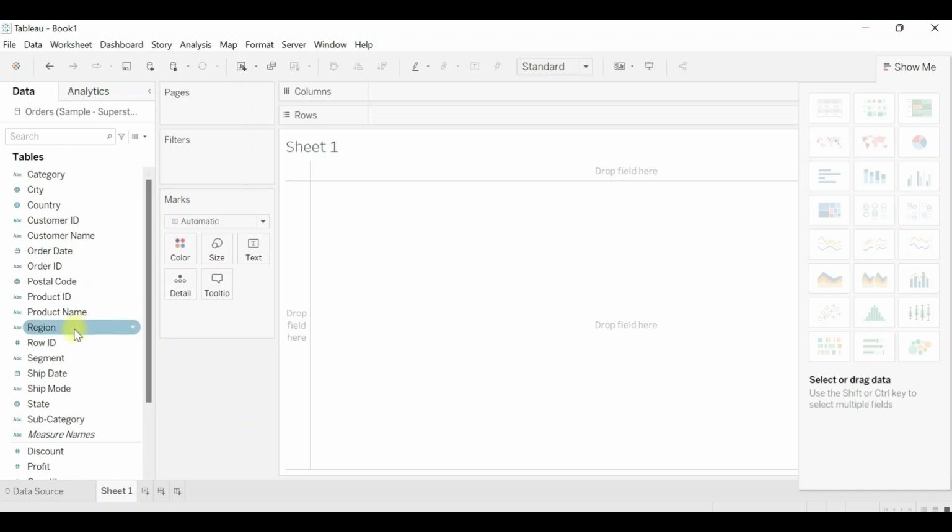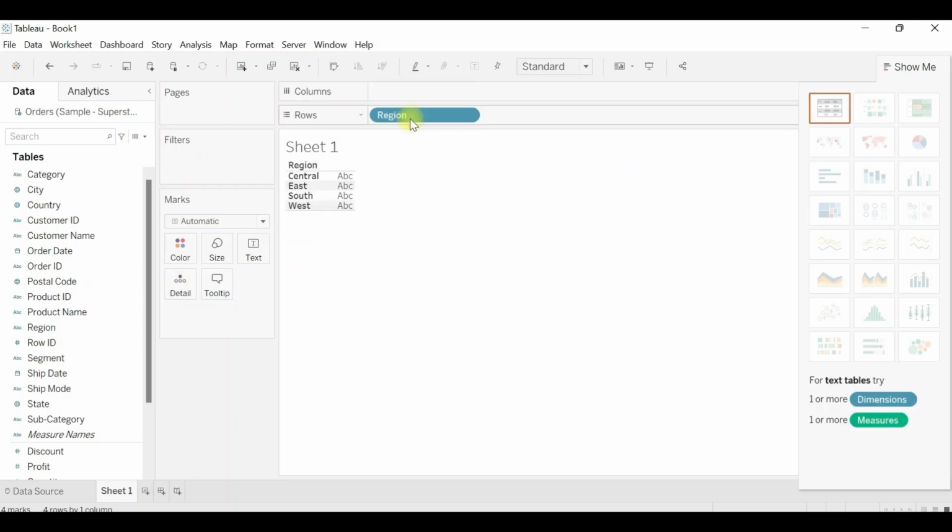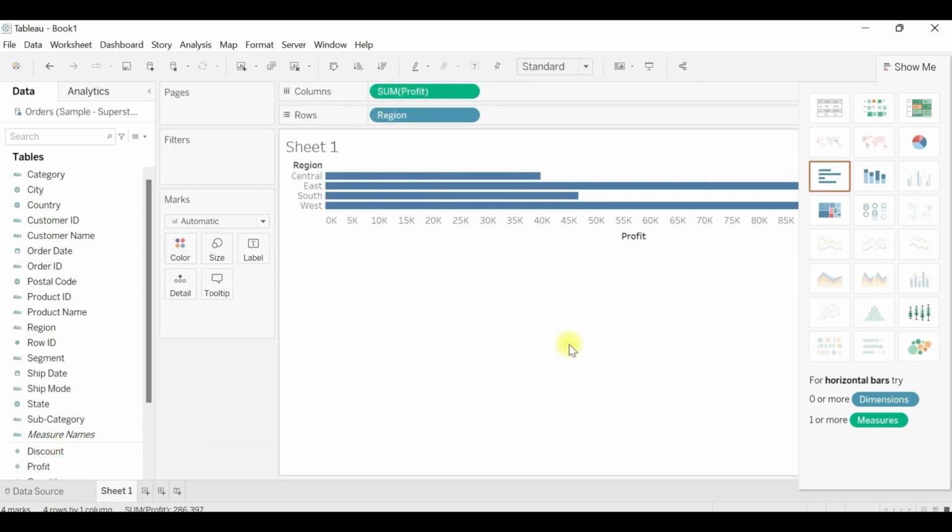So let's do one thing. Let's select region from the table and push it to the rows. And profit, let's push it to the columns. So you will see a bar chart is automatically generated and it's a horizontal bar chart.